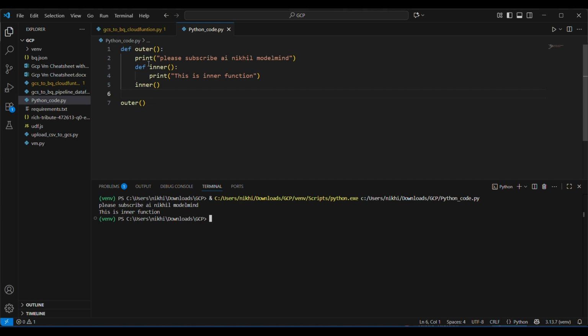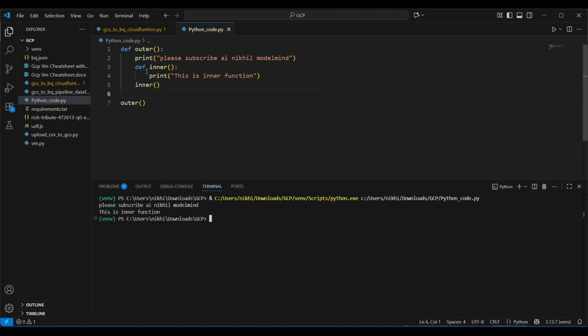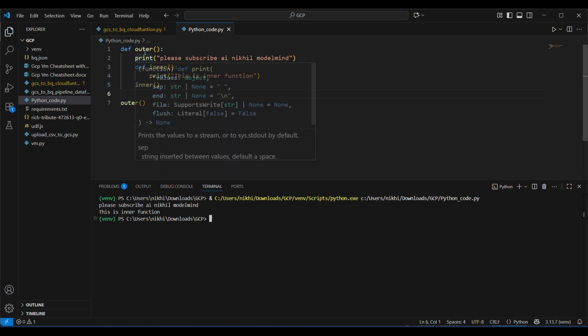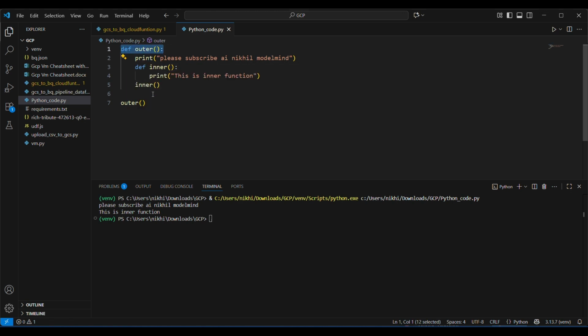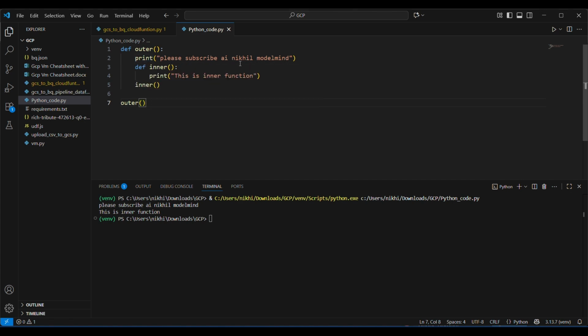So how is execution happening here? First it goes to line number one, and it finds one function, skips it, finds another function, skips it, because the first function call is the outer function, so it jumps into line number 7. Line number 7 takes it back to line number 1, and then line number 2. It will print please subscribe AI Nikhil model mind. Again it will jump to line number 3, which it skips, so directly it goes to line number 4,